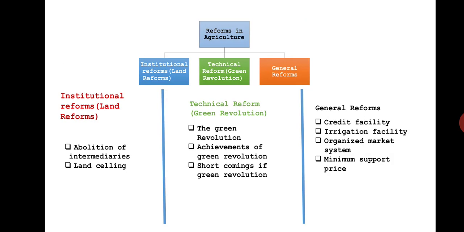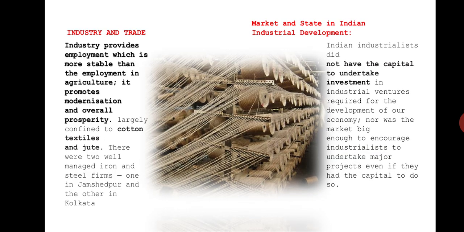So reforms in agriculture: there are some institutional reforms, that is land reforms; technical reforms, that is the green revolution; and general reforms, that is credit facility, irrigational facility, organized market, minimum support price, that were taken in that particular time period, 1950 to 1990. Now if we go to the industrial development